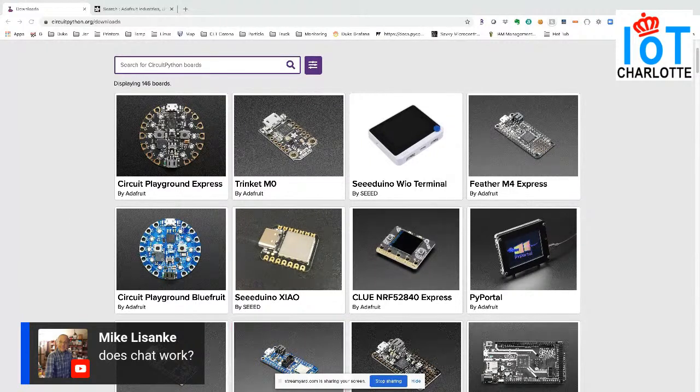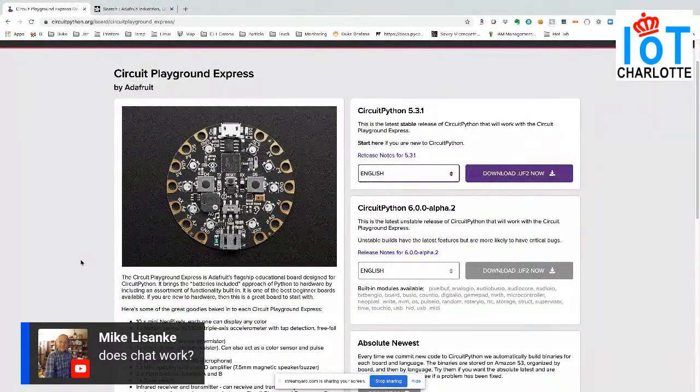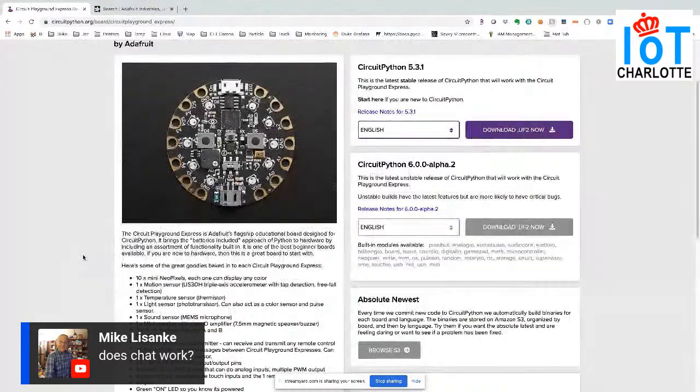So we'll go into a couple other boards that they've got. The Circuit Playground Express, if you order from Adafruit and you spend more than $300, they send you one of these bad boys for free. And we've actually done some really cool training with them for the kids. They're really awesome. They've got NeoPixels on them. They've got an accelerometer, tap detection, the light and the temperature sensor. They've got a microphone and a little speaker on them.